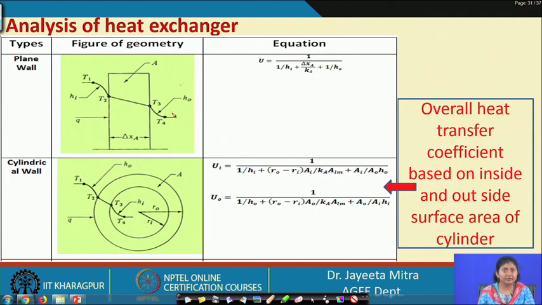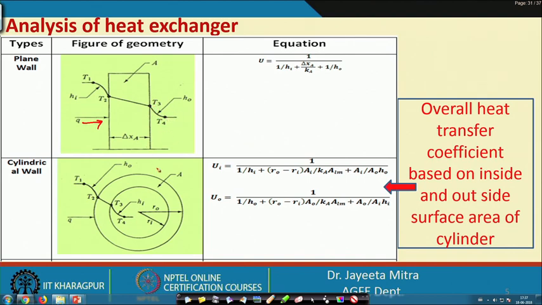So, that is the normal configuration of a heat exchanger. Heat Q is coming from the high temperature side to the low temperature side. T1 is the temperature in the hot fluid, T2 is the temperature at the outer surface of the wall, T3 is the temperature of the inner surface of the wall, and